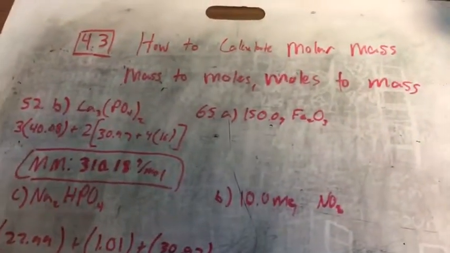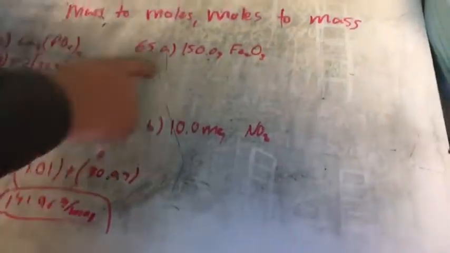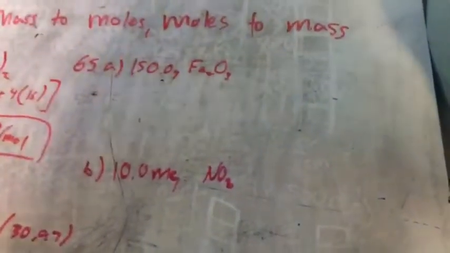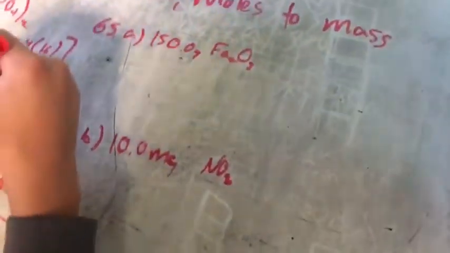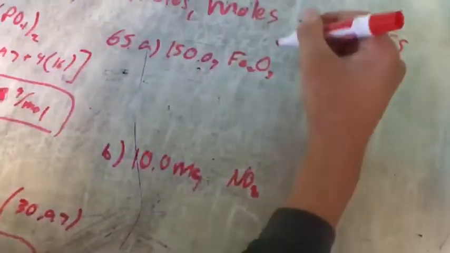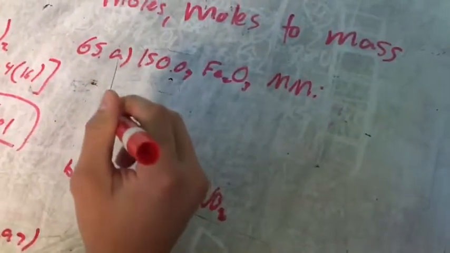Calculating how many moles are present in each of these samples. So the first one. Whenever you're converting moles to mass or mass to moles, and we are converting mass to moles here, you always need to find the molar mass of the compound you are using. So using what we learned in the first examples, the molar mass of iron